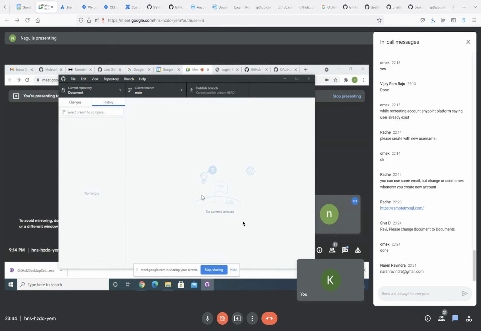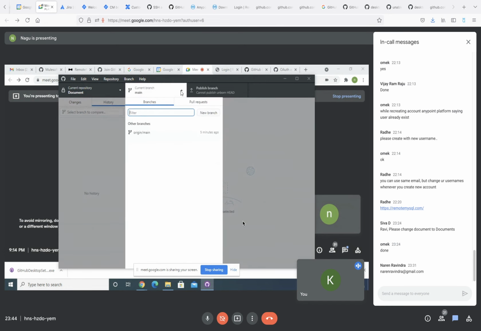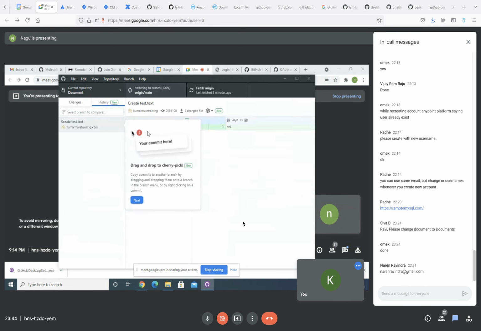So, what I told you, you can see the publish branch option is there. You need to refresh there. Go to that third option and click on that. If it is not coming, then click on that main one. Select main again. Now click on fetch origin.